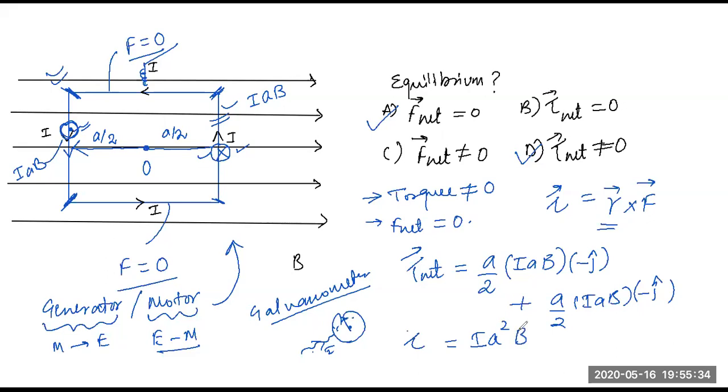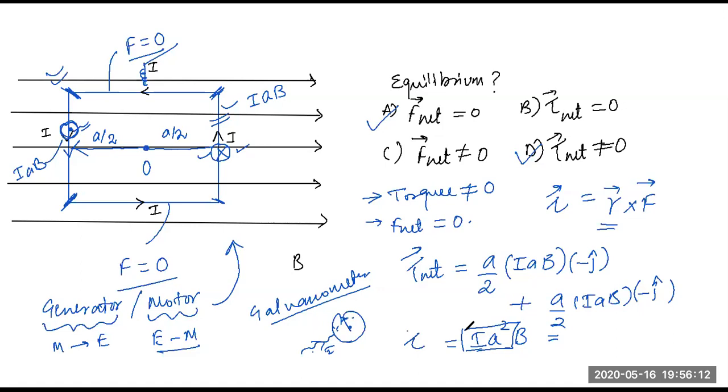Yes, sir. Now I'll just introduce a term here. I into A square, this term. Isn't it the current in the closed loop multiplied by the area of the loop? Yes or no? Isn't it the current of the loop multiplied by the area of the loop? Think, tell me, yes or no? Current in the loop multiplied by area? Yes, sir. If it's a square loop.